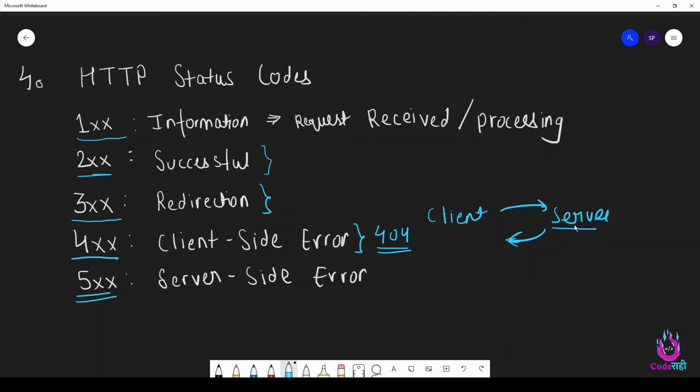So any error that the server encounters, it can send a 500 error, which means that the server is encountering some kind of error and the response is not available yet. So this was the basic idea behind status codes. Basically, it's a way through which the server tells the client about what exactly happened with the request.